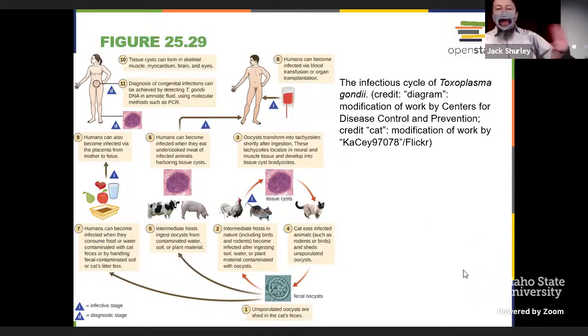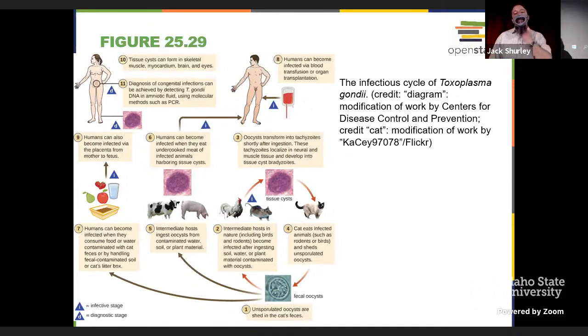So enough of that. The oocyst gets into these animals through ingestion, and then within the musculature, we see these guys forming cysts. So they transform, and I'll show you an image of some of these developmental stages in the next slide. But the oocysts basically hatch out and transform into these tachyzoites. This is a feeding stage of this parasite. The tachyzoites get into tissues, musculature, or nervous tissue, maybe both.